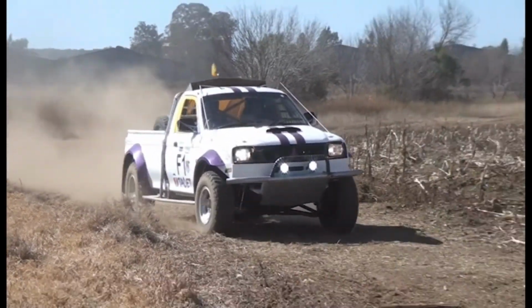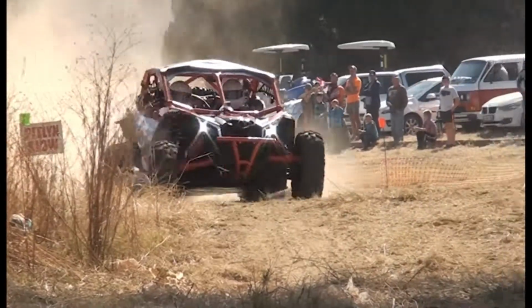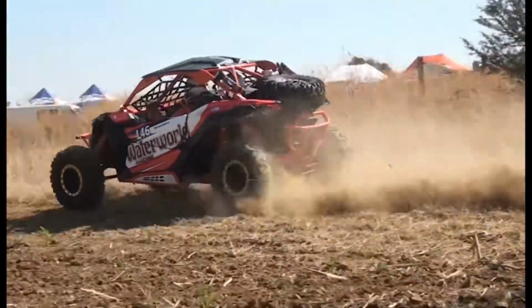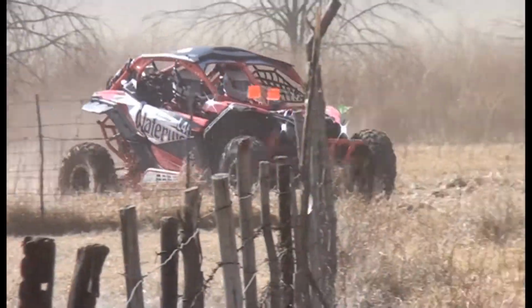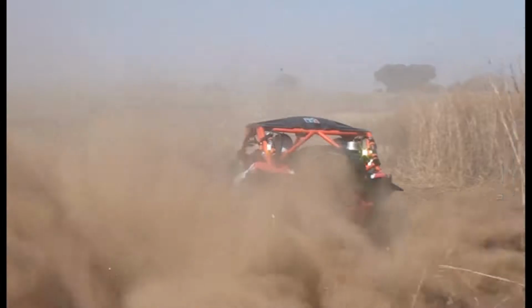The F1 of Andre Vermeulen and Ferdy Petersen. Nice to see Petersen getting the job done as well, and they'll be chasing down the cheese in the F1 category. The L46 once again, and this is going to be an interesting story to see who can win out in the side-by-sides, the buggies, the Water World crew coming and lining up